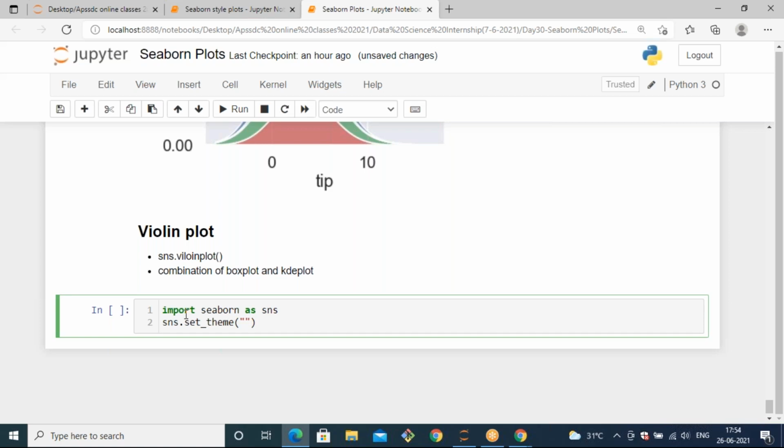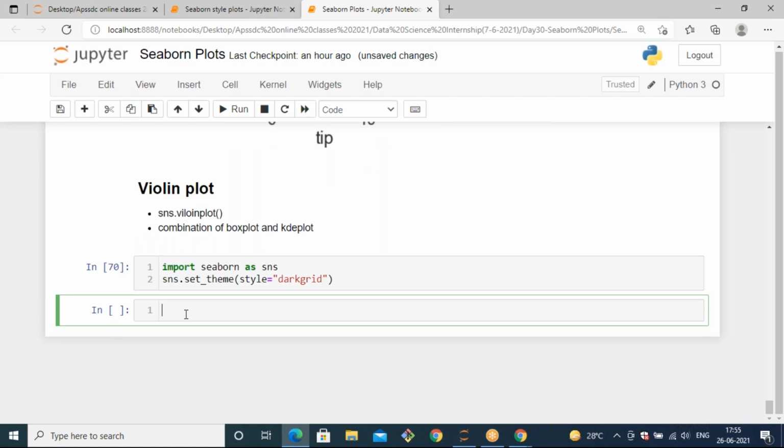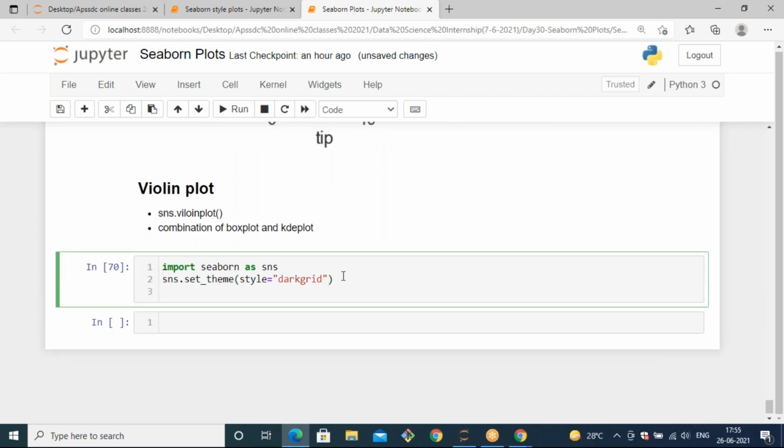In set underscore theme, you can also pass the style parameter. So by using style also you can specify it. I just want to specify the style as dark grid. Yeah, okay, there is a method with dark grid.